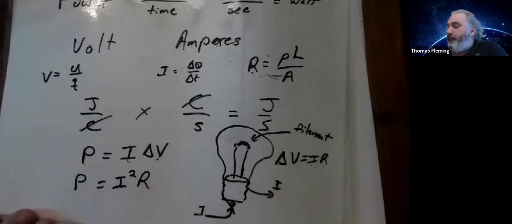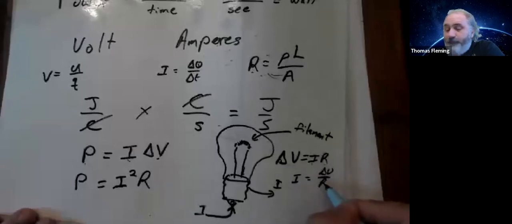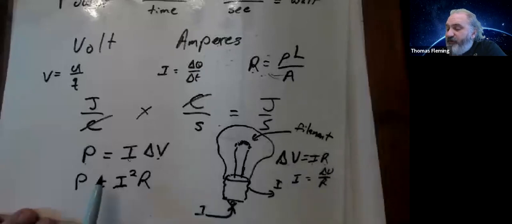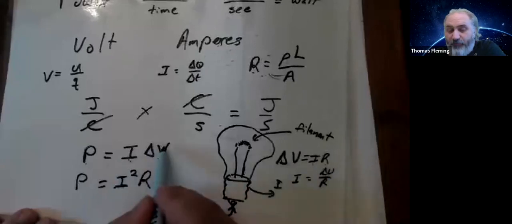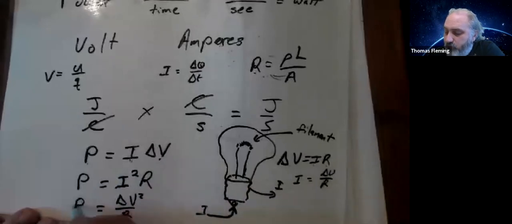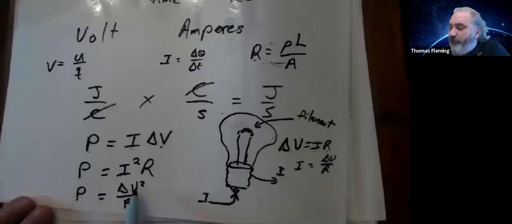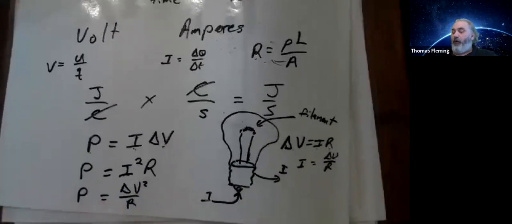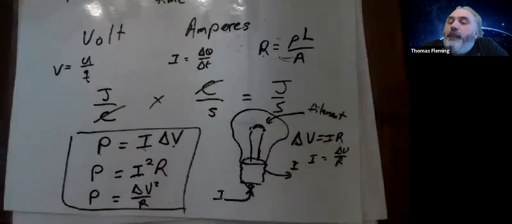But I could have gone the other way as well. Remember, if delta V equals I times R, if I rearrange that, I can get that I is delta V divided by R. So what if, instead of replacing V, I replaced I instead? I'd have delta V times delta V over R, or delta V squared over R. And you'll notice that even here, it becomes obvious this way as well. If I double how big my battery is, that factor of 2 gets squared, and it's going to come out 4 times larger. So what we end up with are 3 different equations for the power being delivered to an